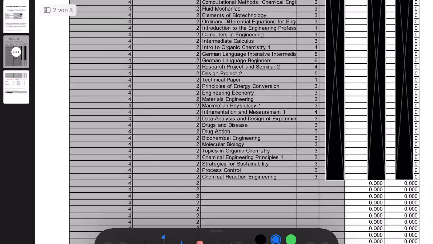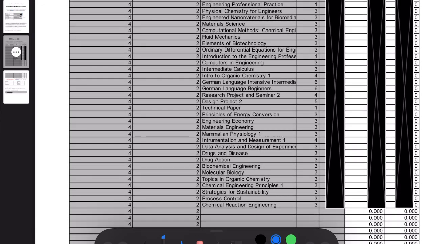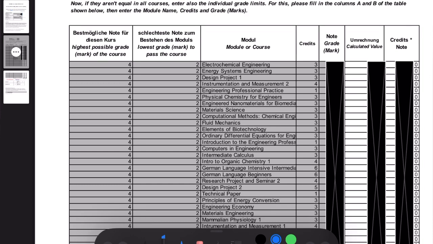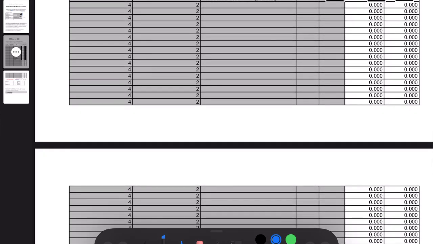There's a lot of courses I didn't put in here, but the point is that you have the chance here to really put the most relevant courses to your desired master's program here. And a tip I would say would make sense is to put the ones with the highest mark, because ultimately